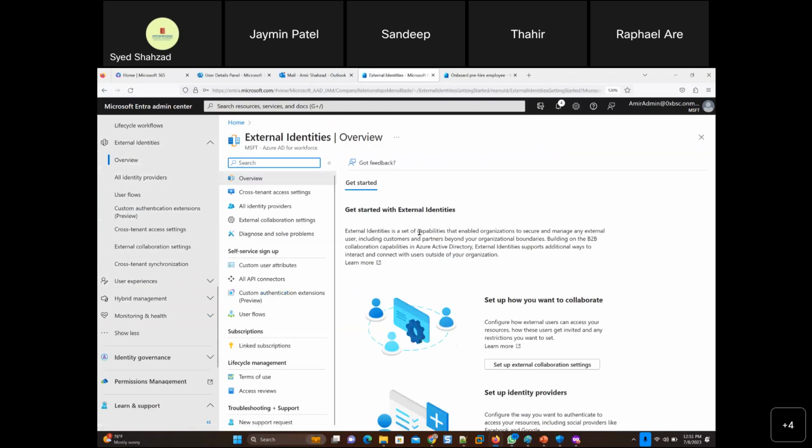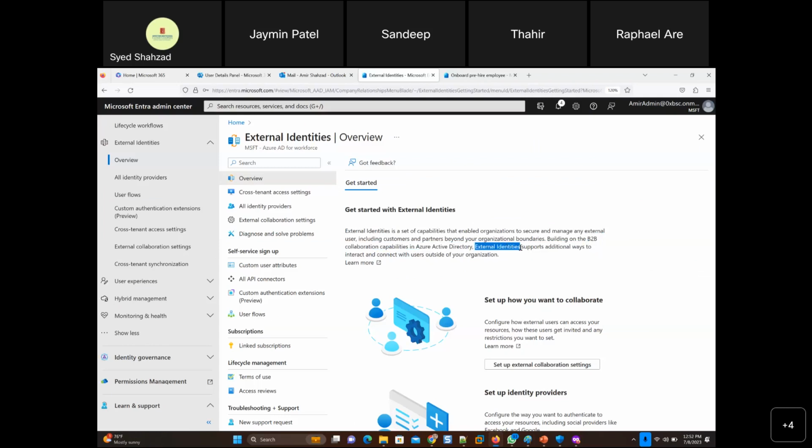External identities is a set of capabilities that enables organizations to secure and manage any external user, including customers and partners, beyond your organizational boundaries, building on the B2B or business to business collaboration capabilities in Azure Active Directory.